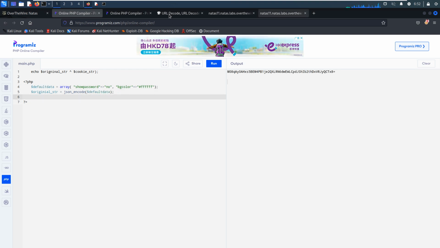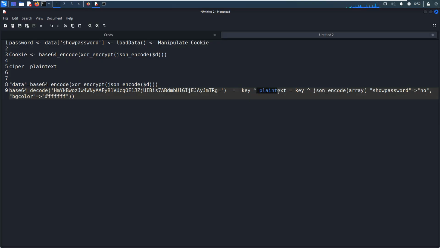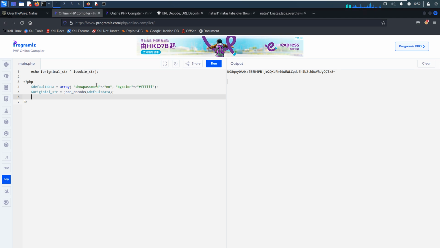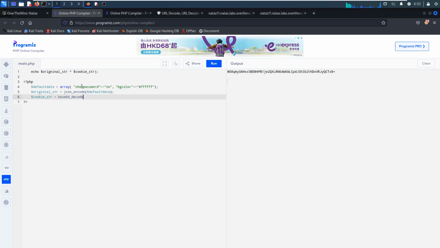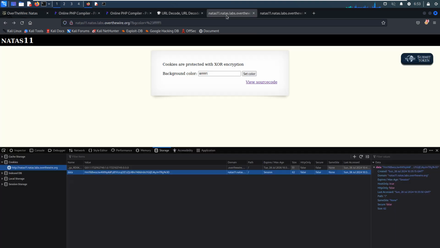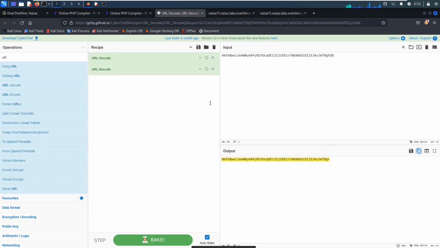And the cookie, now we already know this part, and also we know this, right? So the cookie or cipher string should be this one. We can use the base64 decode. I think I've already explained it a bit clearly, okay? And now we can paste in here. So how about the cookie? Cookie should be here. We can copy from here, and